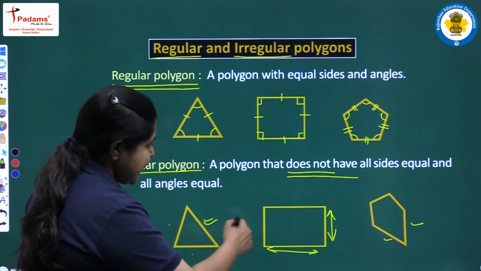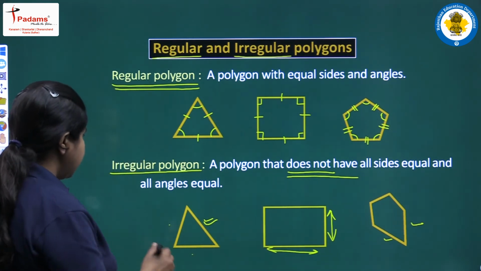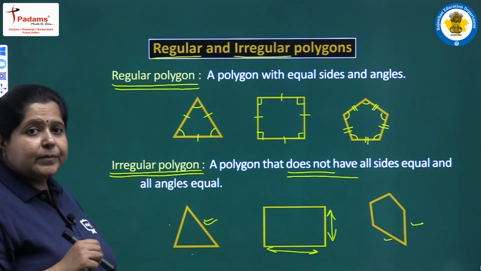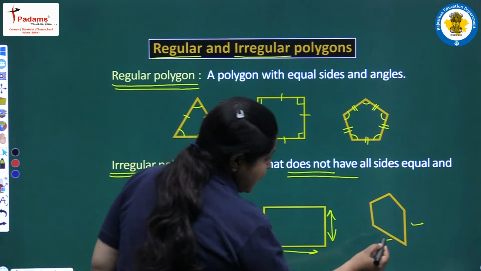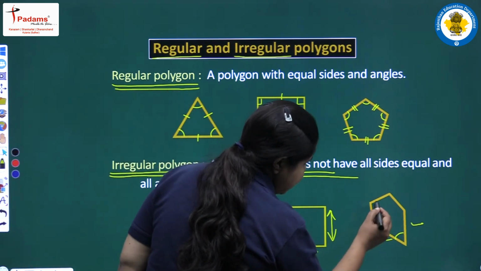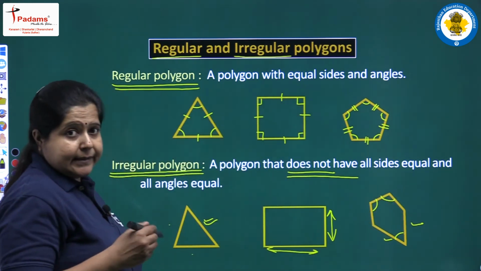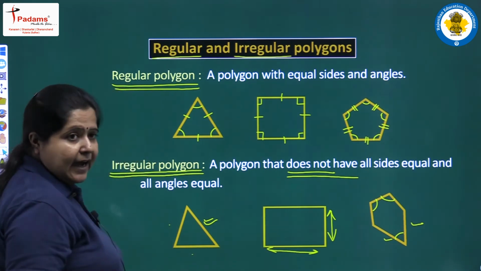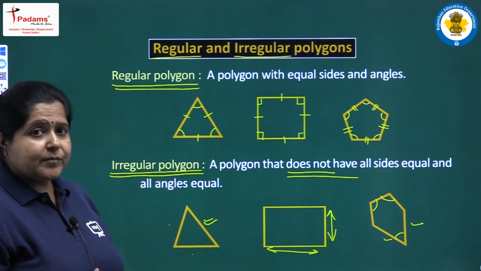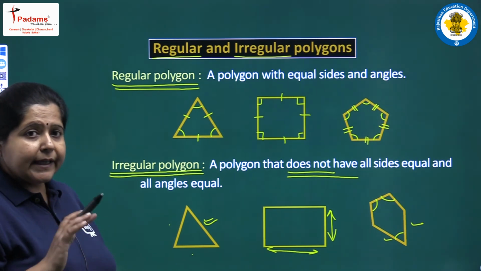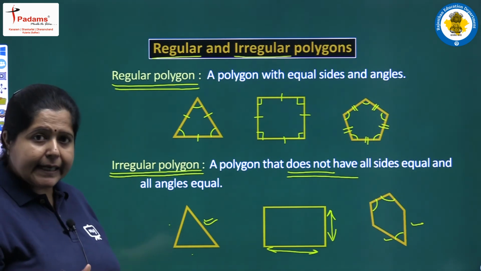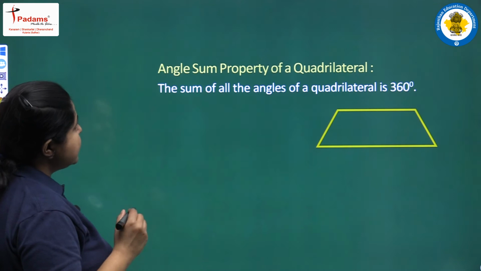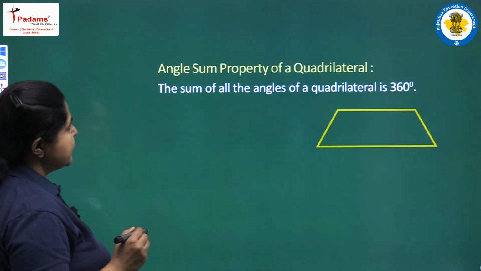So, we can say that these polygons are irregular polygons because their sides, and similarly their angles, are not equal in this case. You can see this is a smaller angle and this one is bigger in measurement. So, the angles are also not equal, however here they are. The angles may be equal or may not be equal, that is another case, but there will be some inequality either in sides or in angles. Clear to you?